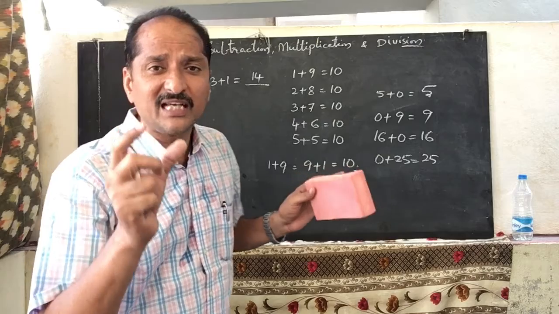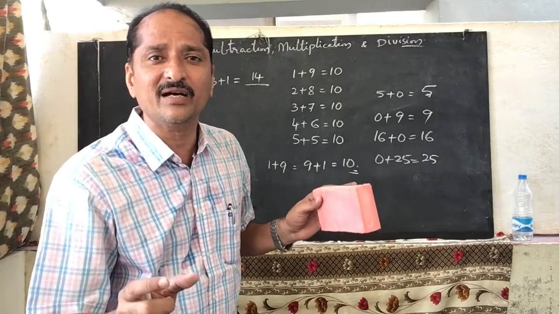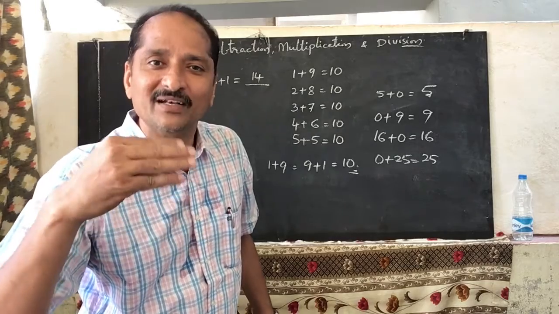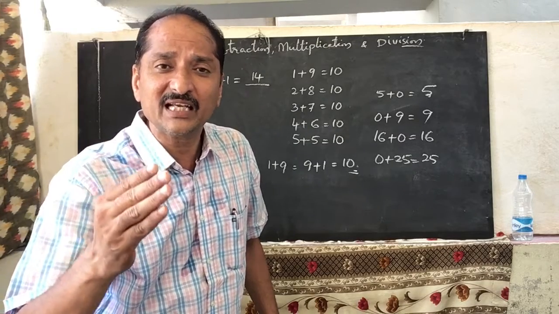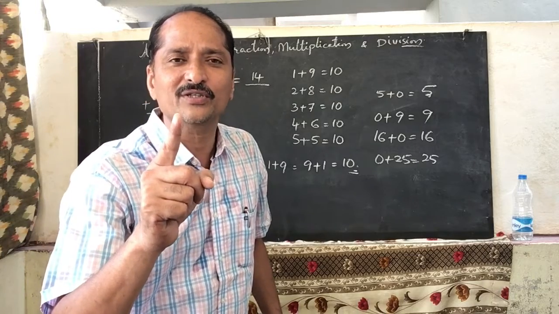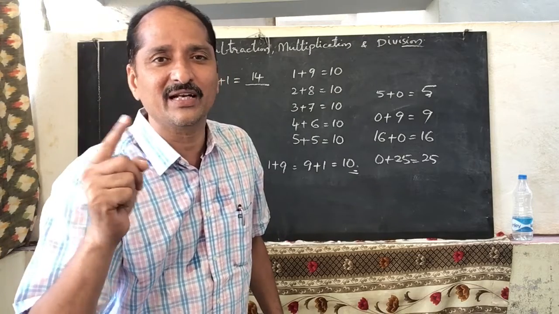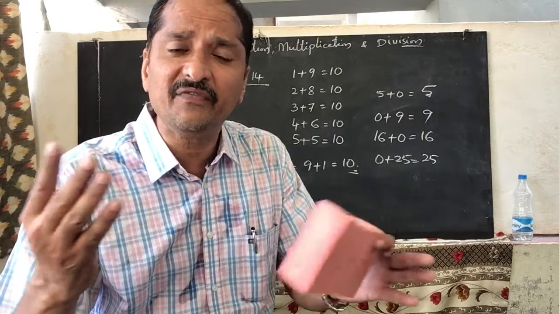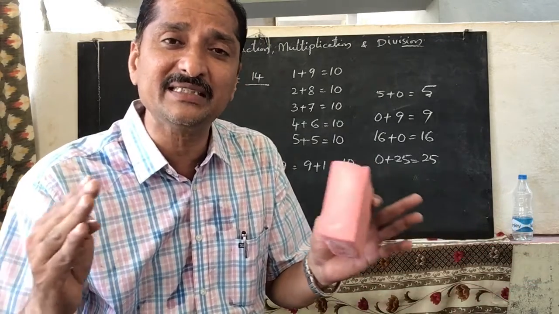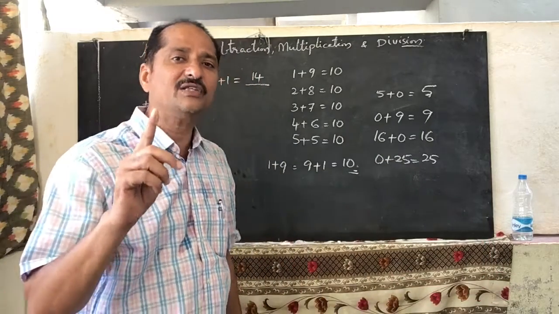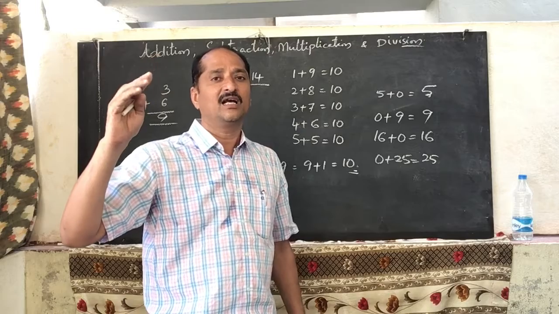If you think 10 crores is the greatest number, by adding 1 to 10 crores, what will you get? You will get 10 crores and 1. For example, if you think 100 crores is the greatest number, if you add 1 to 100 crores, you will get 100 crores and 1. That means there is no limit for the numbers. The numbers extend endlessly. Understand? So by adding 1 to a number, you will get its successor.